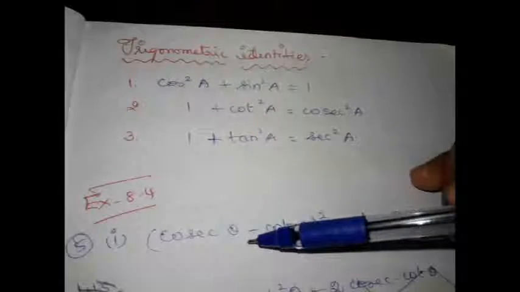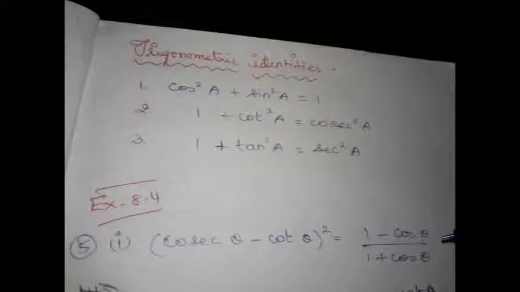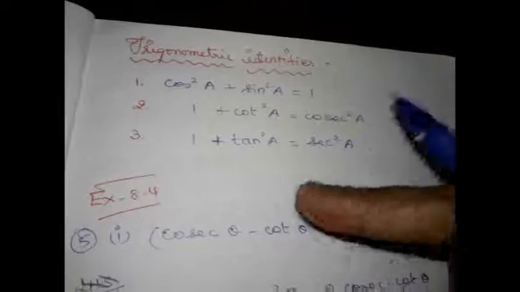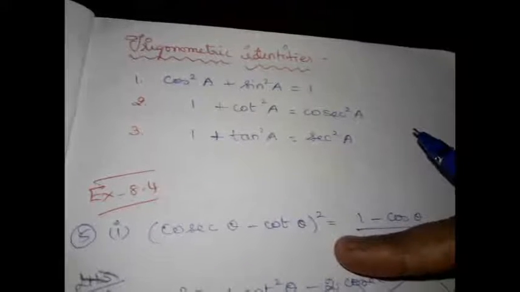8.4 exercise: cosec theta minus cot theta the whole square equals 1 minus cos theta divided by 1 plus cos theta. Now let us see how we can solve this. Let us take our left hand side, and as soon as we have a whole square, what will we do? We apply the a minus b the whole square identity. Now let us see what happens here. A minus b the whole square identity. So a square, cosec square theta, plus b square minus 2ab,